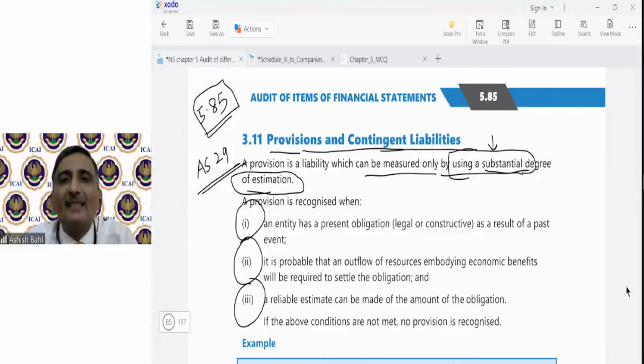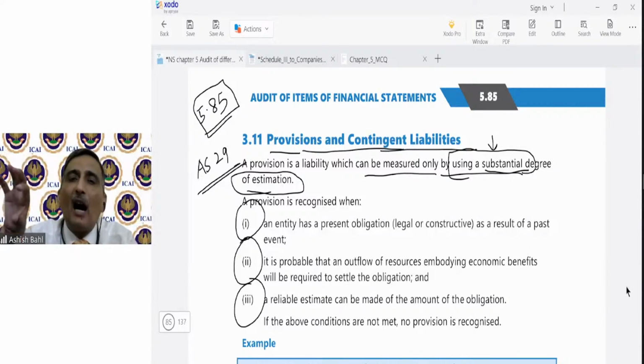So something has happened in the past, but in relation to that event, the company has a liability to pay, and it is probable that some money would leave the company,